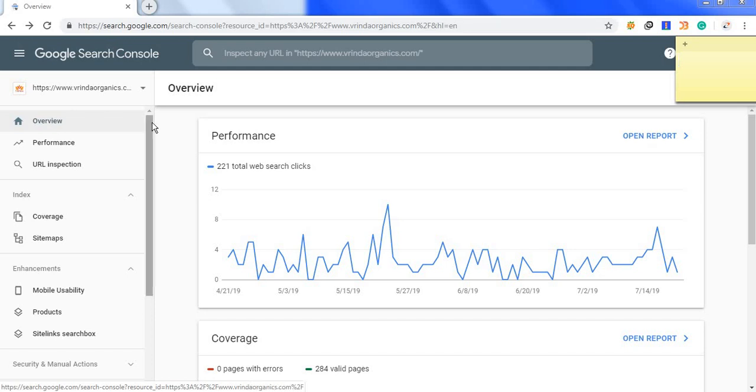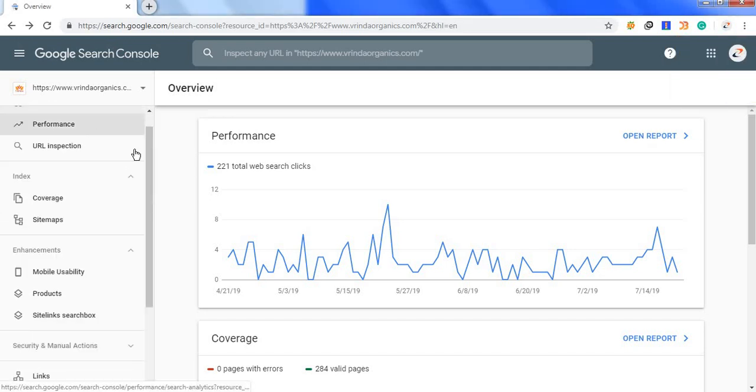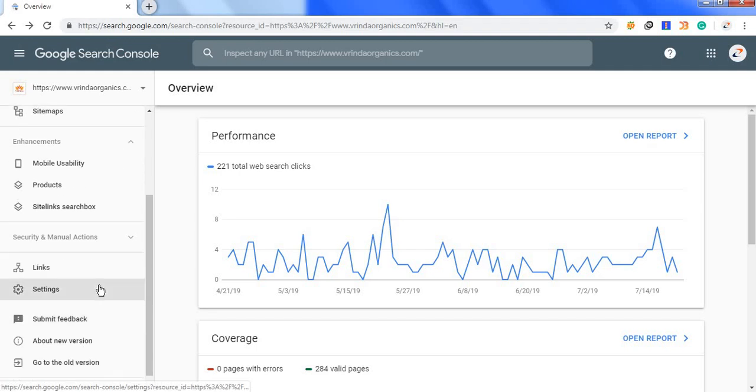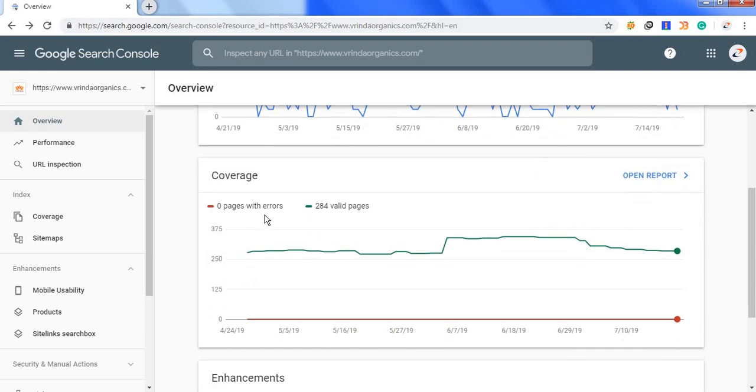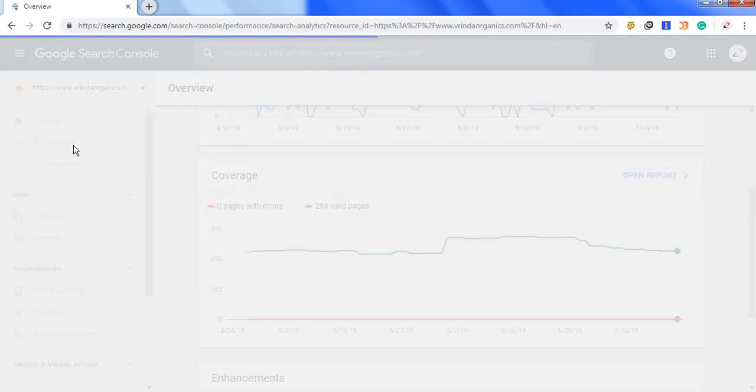Here in the first bar, you can see the sections of your website like overview, performance, URL inspection, coverage, sitemaps, mobile usability, products, sitelinks search box, links, settings, etc. You will see that there is an option to open the report. If you click on this, you will get a report of your website, like 221 total searches you are getting for your website, and coverage, like if there is an error in any page or there are some issues that need to be fixed. Google determines all this. If you click on this performance tab,